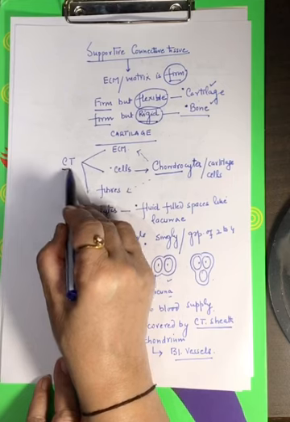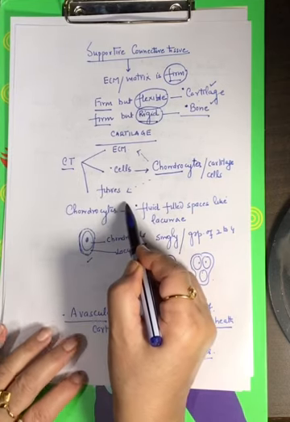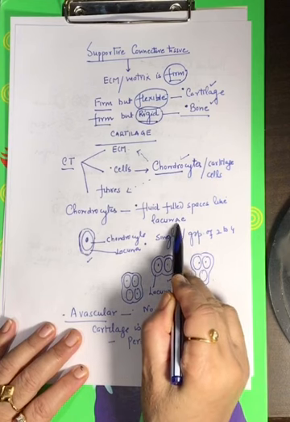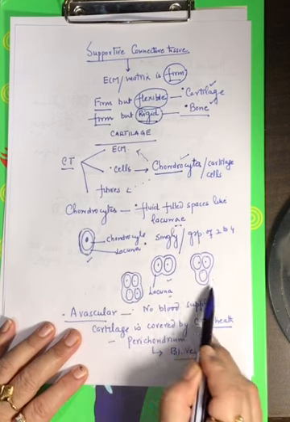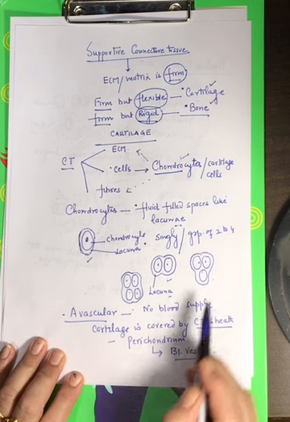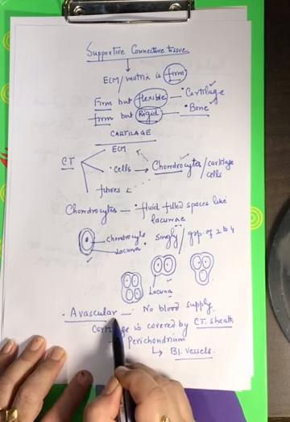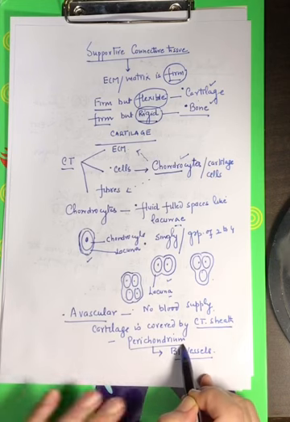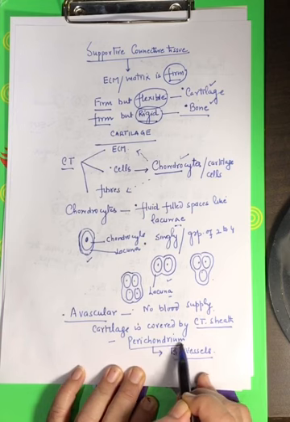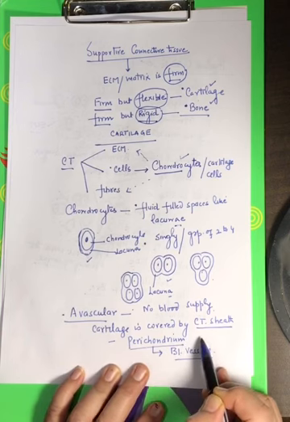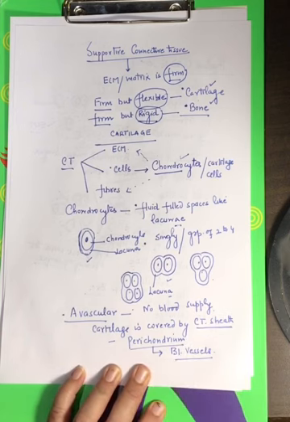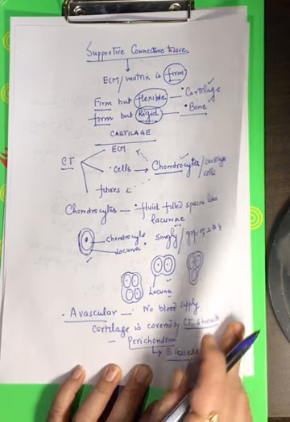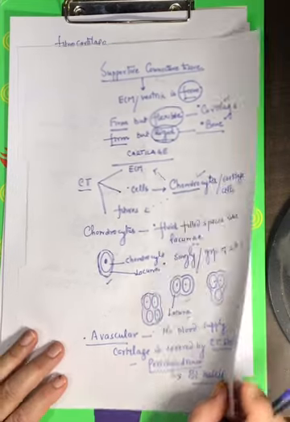Then being a connective tissue, it has the usual components. The cells are called chondrocytes. They are present in spaces called lacunae. They may be present singly or in a group of 2 to 4. Then cartilage has no blood supply. So every cartilage is surrounded by perichondrium. And the perichondrium is a connective tissue sheet of irregular dense connective tissue. The blood vessels are there, and the substances will diffuse from the blood in the perichondrium to the cartilage cells.